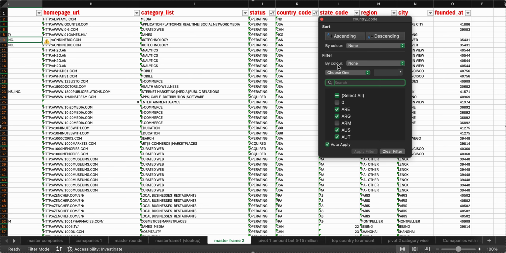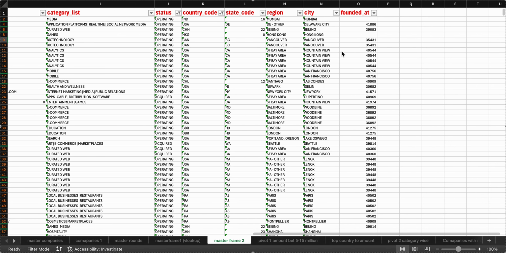Again, in country code, after filtering the status, the country automatically got filtered. Some of the data got unchecked here as well. And the state code, again the same thing. After I've filtered some data here, some data from here got filtered automatically. And the rest are the fields: founded at, city, region, state code, all these things are there. Okay,